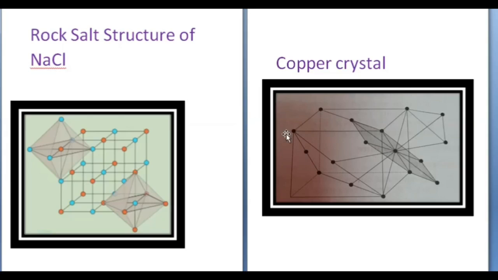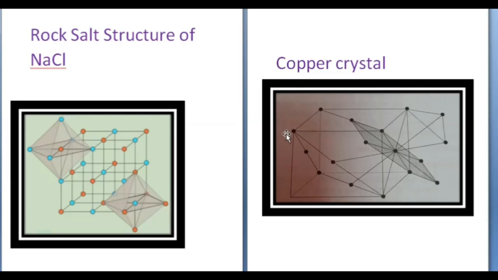The next crystal is a metallic crystal of the metal copper. Now copper has a cubic closed packed structure, that is, it has a face-centered arrangement, FCC arrangement. The coordination number of copper is 12. Out of these 12 copper ions, 6 ions are present in one plane, while 3 are below the plane and 3 are above the plane.